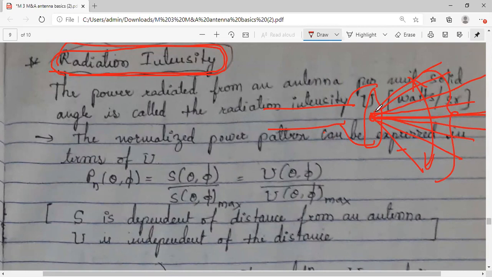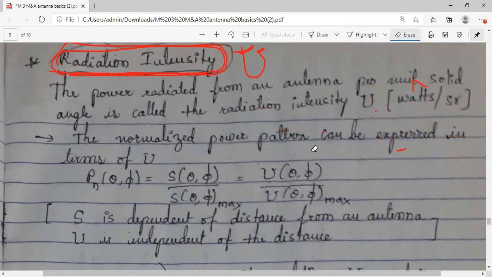So similarly, when an antenna radiates energy, उसकी energy का intensity कौन सी direction में कितना होगा, that amount is given by the radiation intensity. The parameter is denoted as capital U. Okay, now let me give you the exact definition of this. The power radiated from an antenna per unit solid angle. Okay, it is somewhat similar to your power density term, जो first one हमने देखा था.